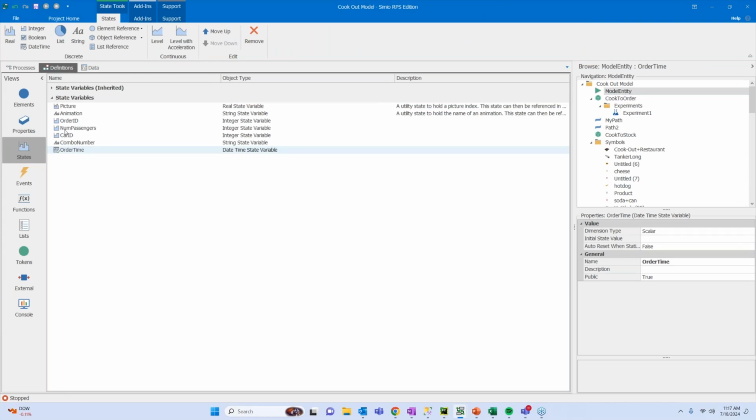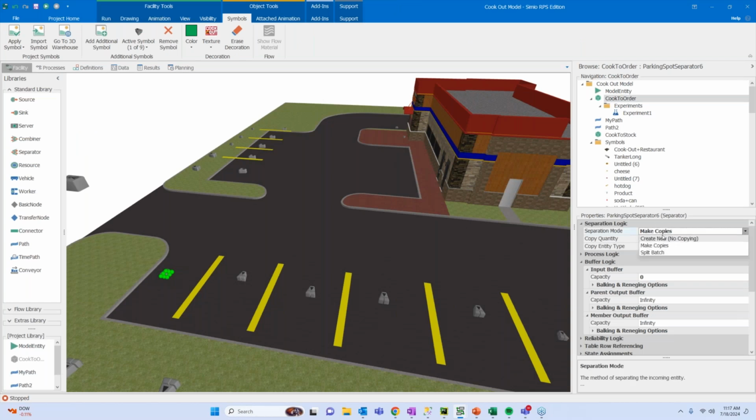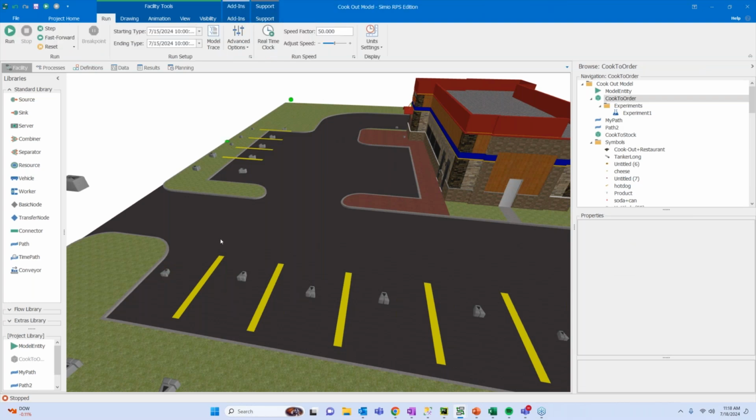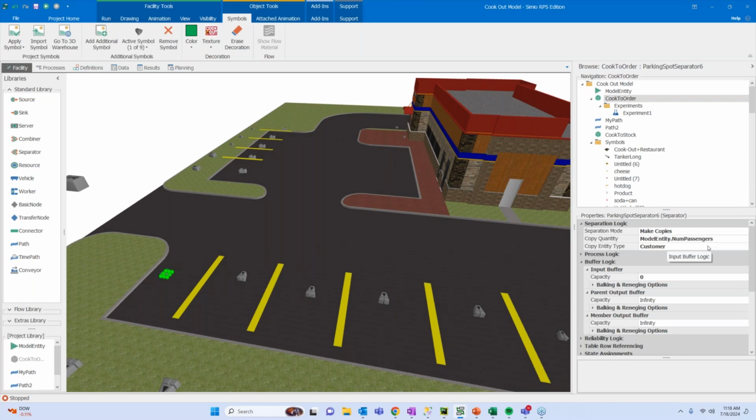And I want my copies to have some of the defined state variables that I previously set. So by making copies, I'm copying over characteristics of the parent so that those carry out to my batch members. As they're introduced, I will make copies dependent on that state variable that I've defined. So I will have anywhere from 1 to 5 passengers get created.